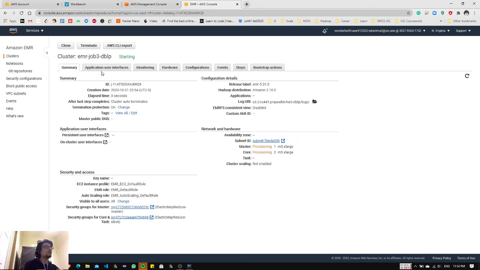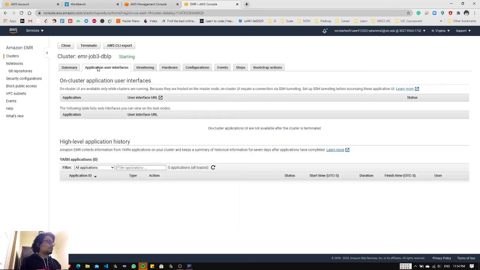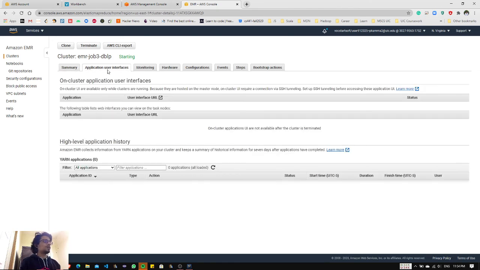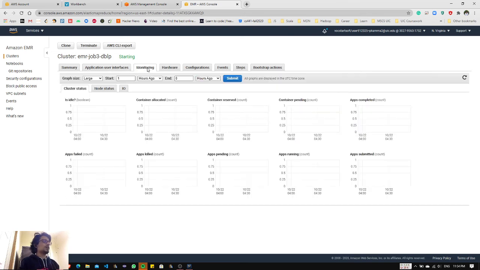Now it's going to take some time to start the job. Here it's at starting, then it will go to preparing, and then it will change to running, and then the MapReduce starts to execute. This is just the summary, and then there's the application interface.